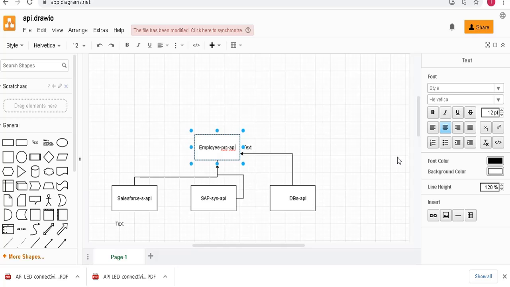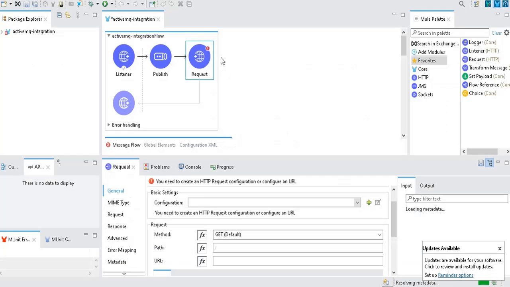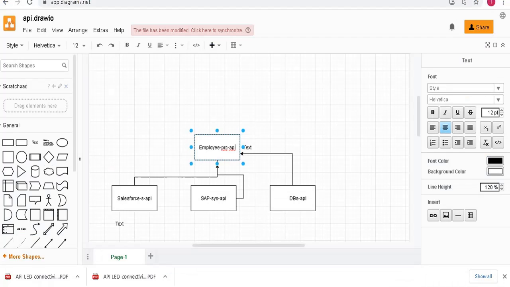That URL you need to invoke here using the HTTP request connector. Likewise, you need to implement one REST API that you name as the process API. You can invoke all these system APIs using the HTTP requester, get all the employee details, and transform them here as per the client requirement, and provide